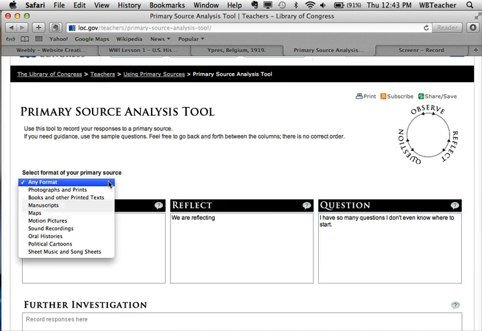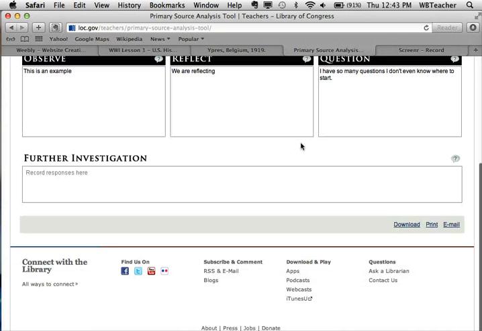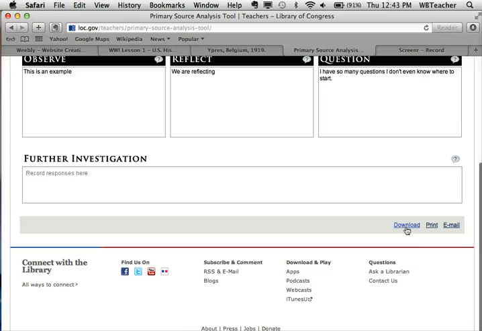So finishing touches, we need to go in and select the format or the type of primary source. We know this is a photograph, so we will select photograph, and then down here at the bottom you see it says download, print, or email. We're going to have you turn all of these in at the very end of the lesson, so you can turn them in all at once. So I'm going to have you download them to your desktop where you can then put it into your history folder. So we'll click download,